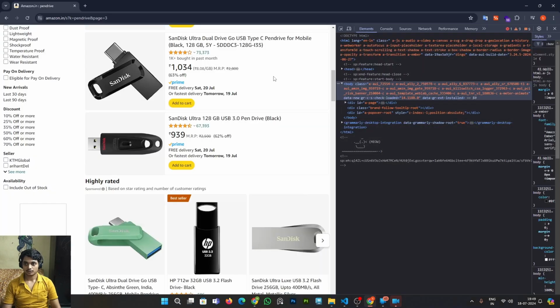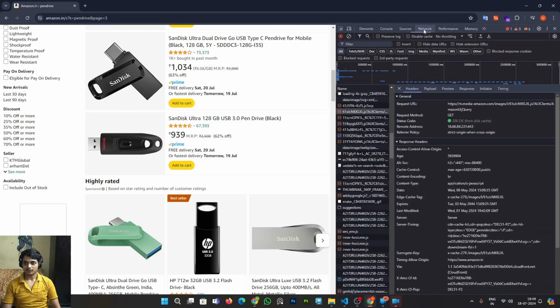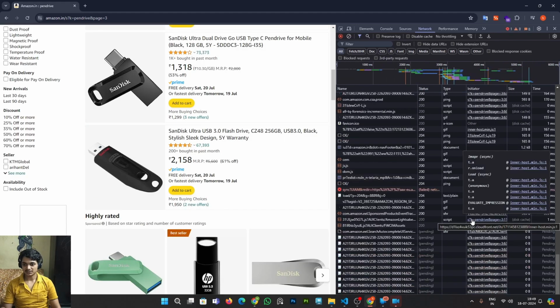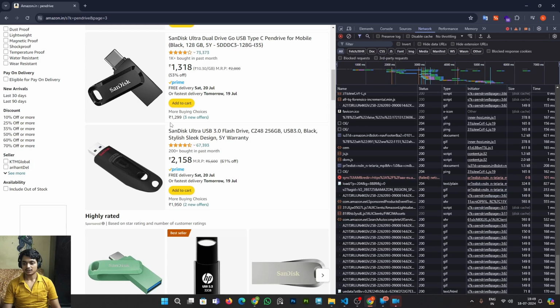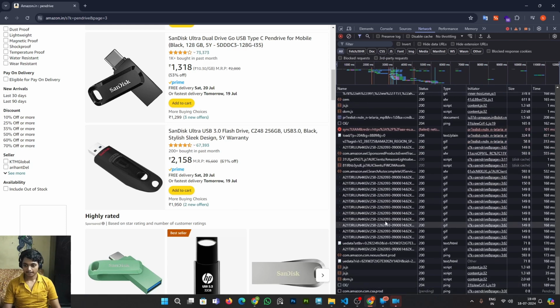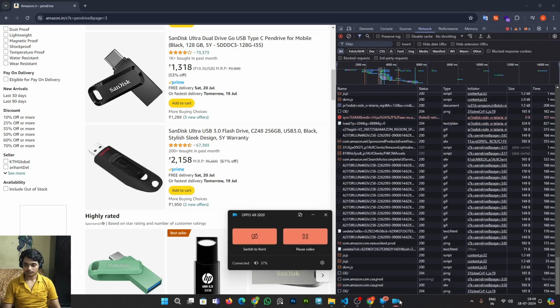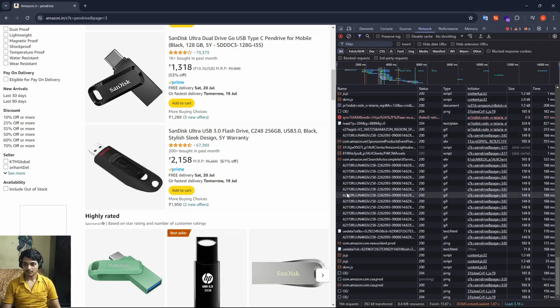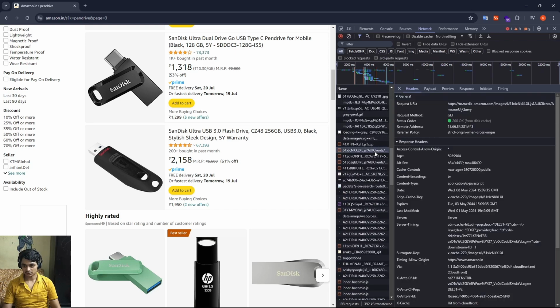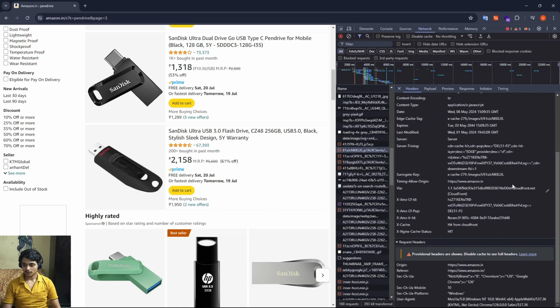So if you go to the networks tab of the web page, and let's just refresh the page. What you see here is the communication that is happening between my browser and the web server where this website is hosted. And if we click on any of these requests, let's say this one, these are all the headers that are sent